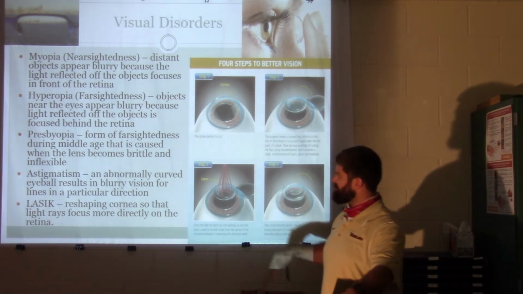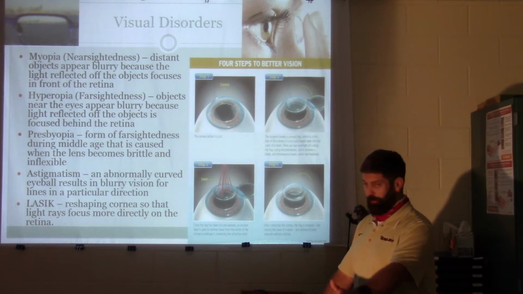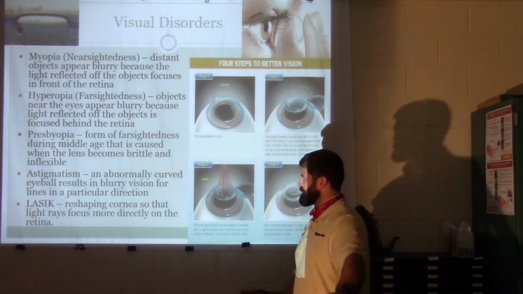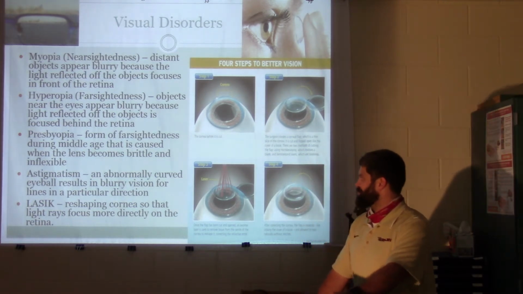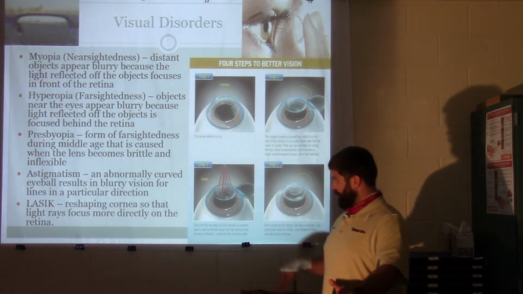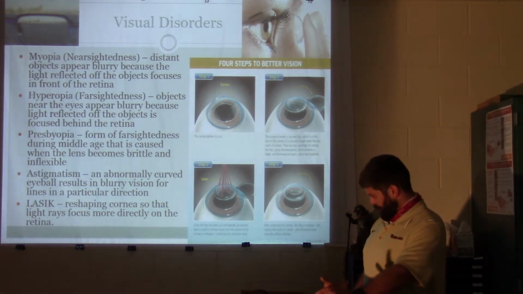Hyperopia is farsightedness. Objects near the eyes appear blurry, because light reflected off the object is focused behind the retina. Well, we just talked about that. And then we have presbyopia, a form of farsightedness during middle age that is caused when the lens becomes brittle and